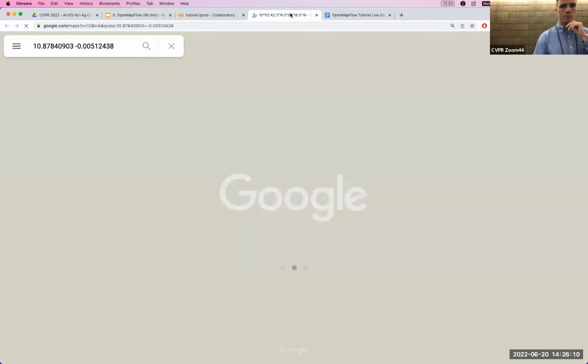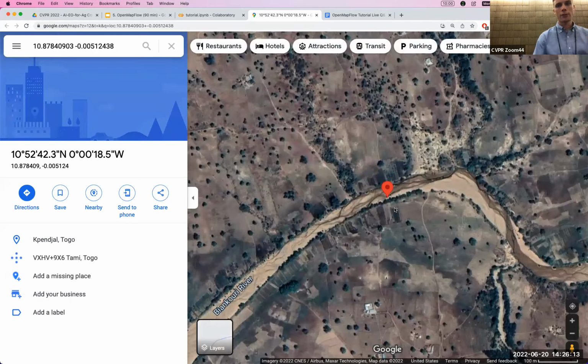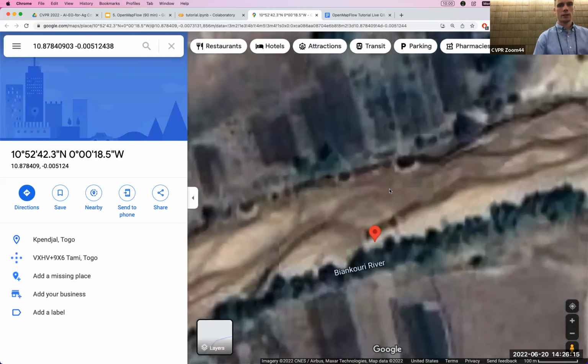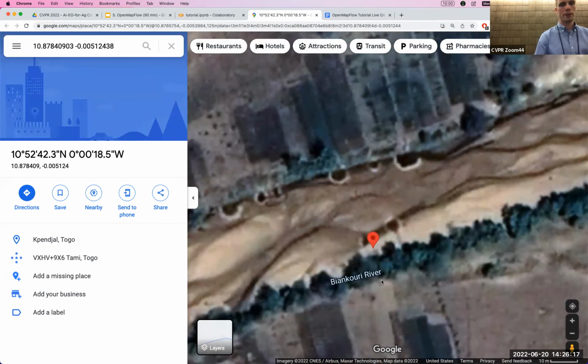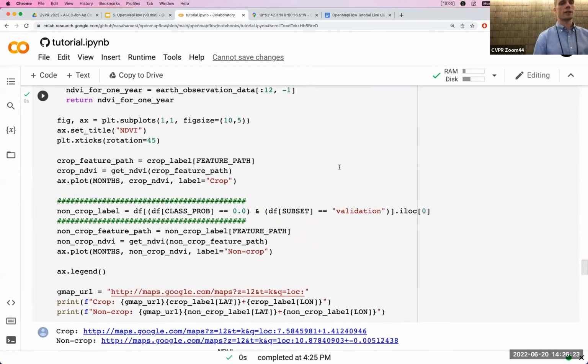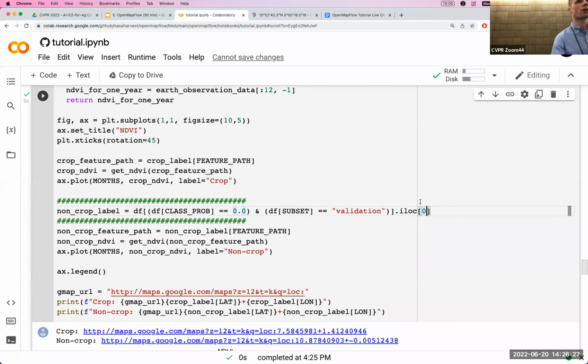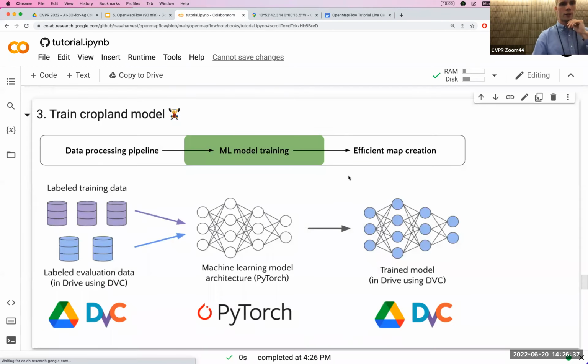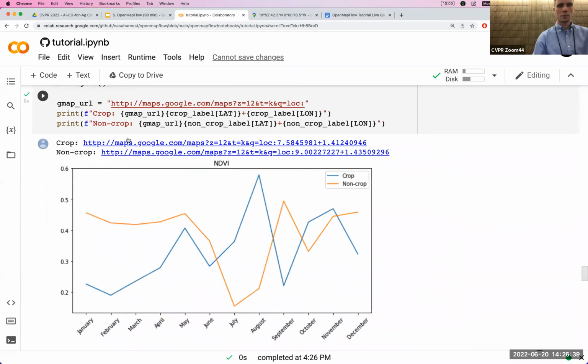And I can see there's definitely fields around here, but if I zoom in, this one looks like it's in the Biancouri River. So this is non-crop. And we're just querying inside of the data frame, so you can really change this number to anything. I think we have about 200 or 300 examples here. So you can change this number to something less than 200 and you'll get another example. And actually one of the fun ones I had was 75. So if I do 75 and then open up the non-crop one,